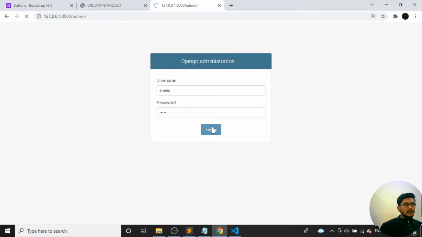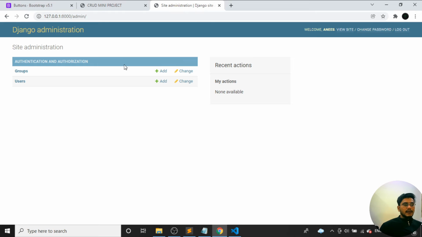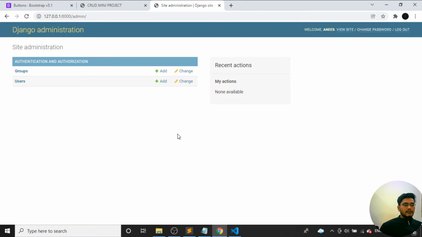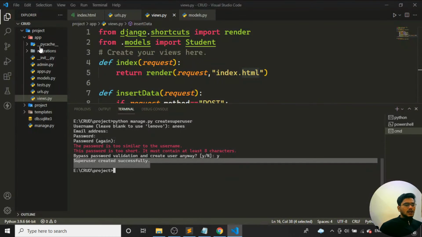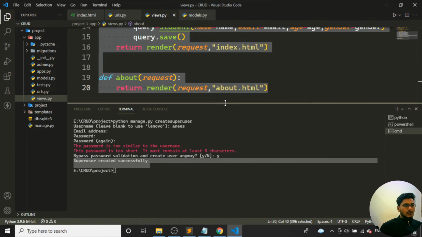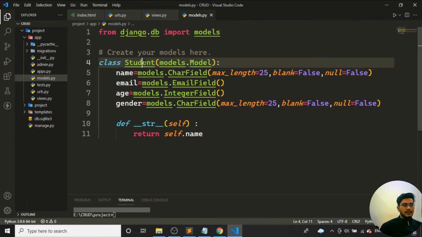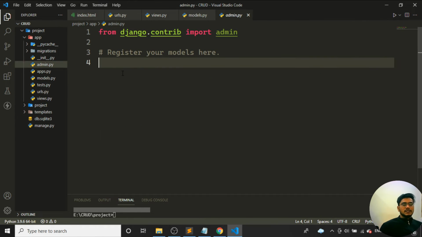If I log in, you can see I can log in to my administration, but I am not able to see where the database data has been stored. In the users, I can see how many users are there. It is the default Django administration which Django has been providing us, but we are dealing with the front end and passing the attributes to the back end. So now this particular thing is not getting shown. What is not getting shown? The student models table is not getting shown. So we need to register it here.